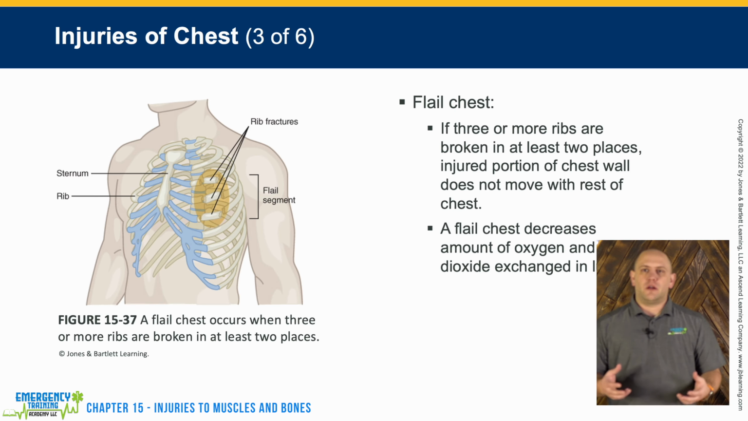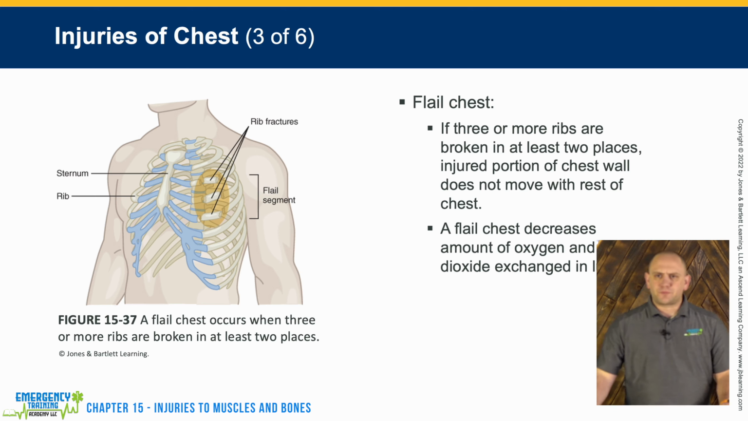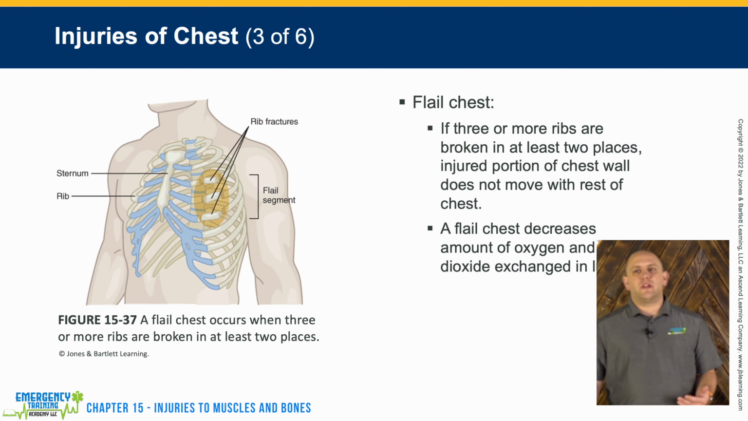For more severe rib fractures, we have what's called a flail chest. A flail chest is when 3 or more ribs are broken in 2 places. This creates an entire section of the chest wall that will move independently of the rest of the chest. These flail chests decrease the amount of oxygen and carbon dioxide exchange in the lung. They're extremely painful, and the way that we splint them